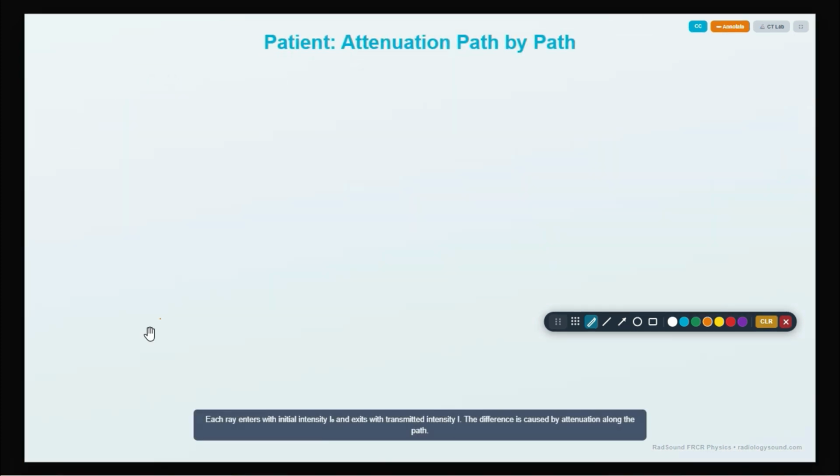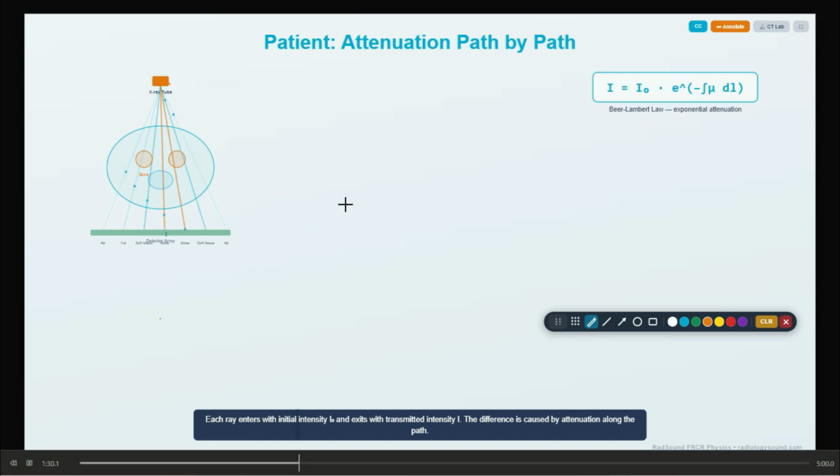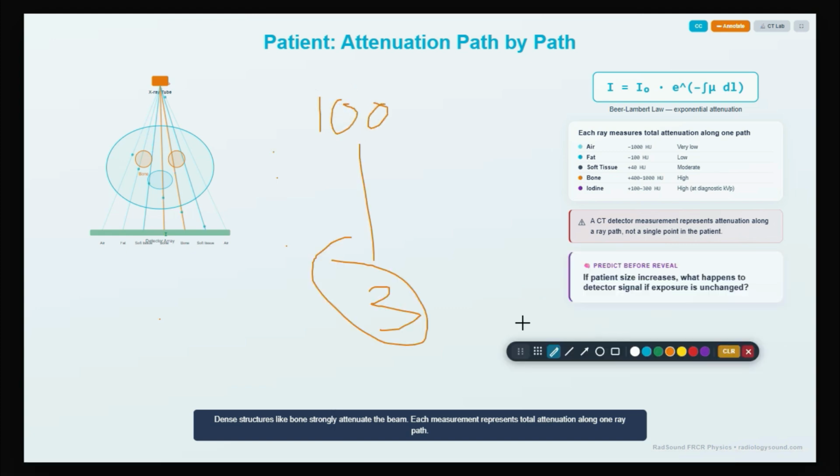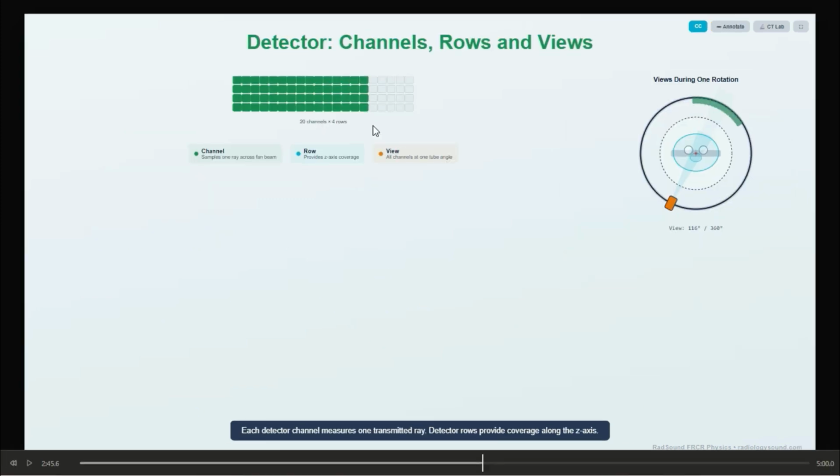We have an image. So what about the attenuation path from the body part? Because the X-ray coming in has 100, okay, the energy decreases, and there will be more noise because of the body part and dose modulation. For example, the CT detector is not a single flat panel. This is going